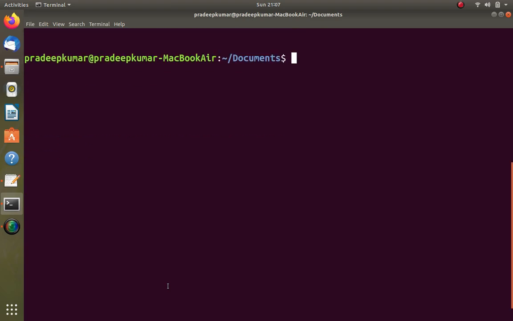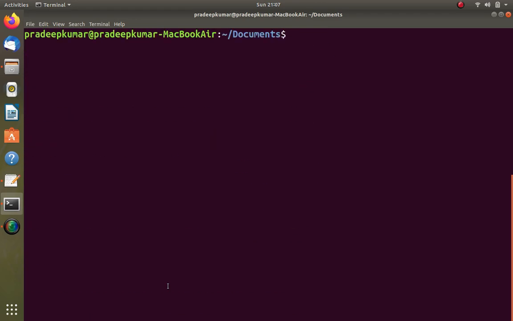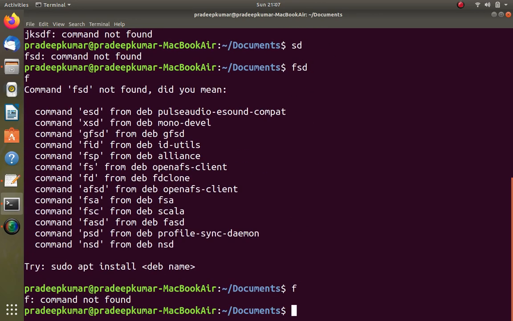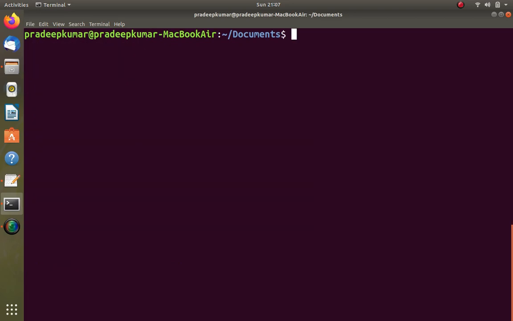Or sometimes you can use Control L also. Control L may not work in all terminals, but still there will be one option to clear the screen. Okay.